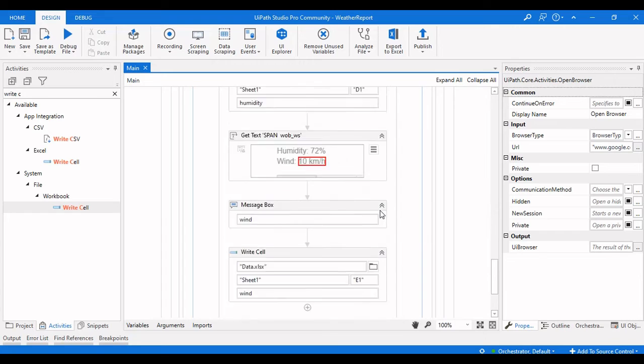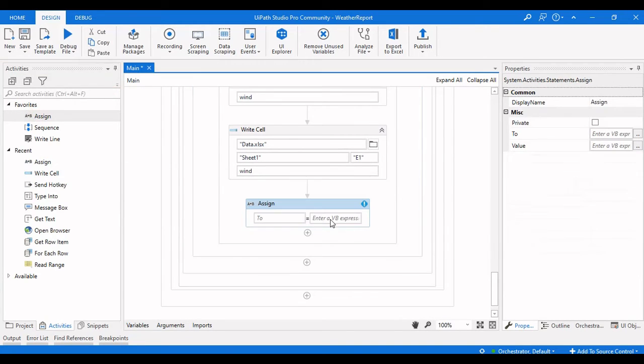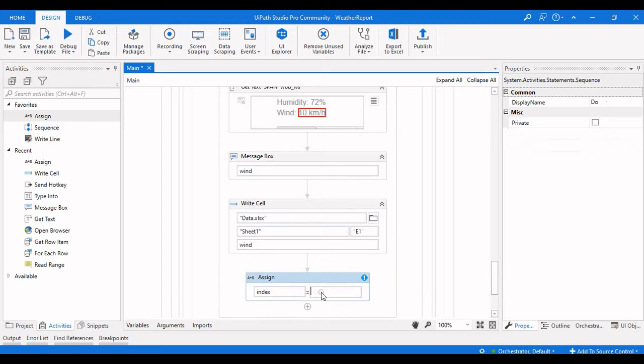So we will take an assign activity and increment the index value that needs to be entered in the Excel. So we will take it as index, and after completing every row we will increment the index value.